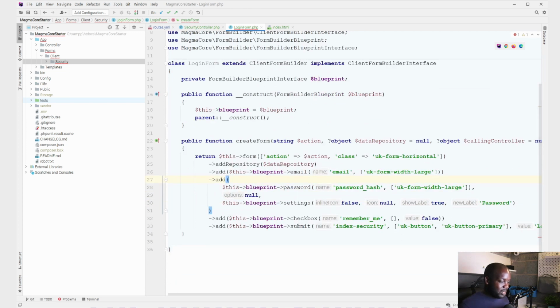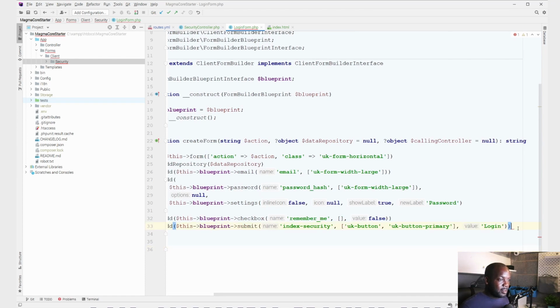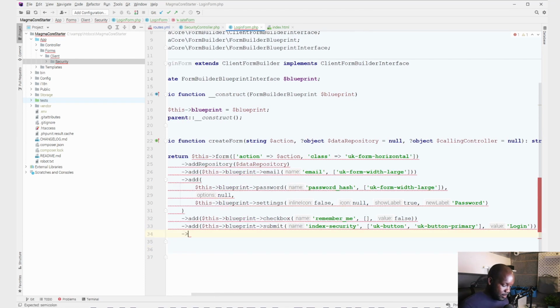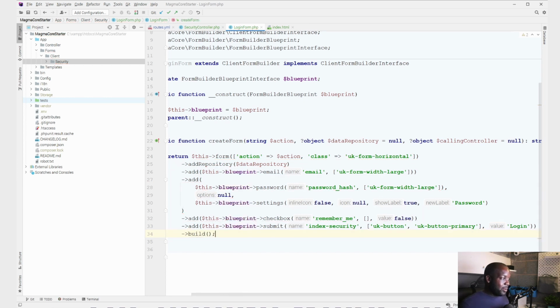So what else do we need to add? On the end of our last add method, we need to do the build method, right? And let's add that in. Say build, and we're going to end it right there because that's the end of the form. And what the build method does, it allows us to pass in some wrappers, some container wrappers for each of our input elements. So I want to say empty array, to say the first argument, I'm going to say before, to say div,